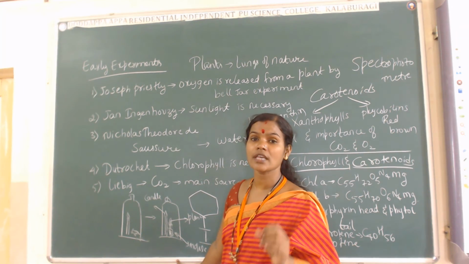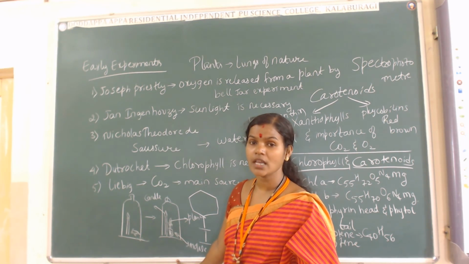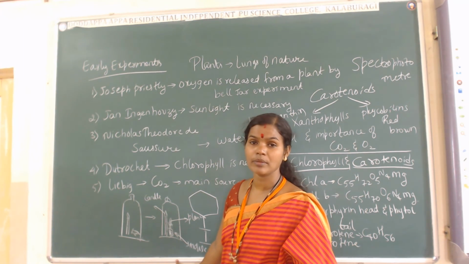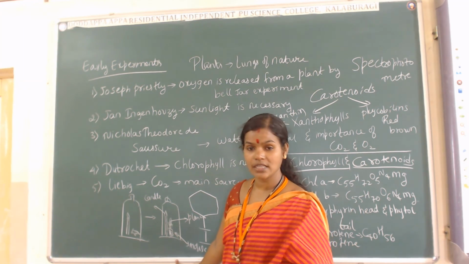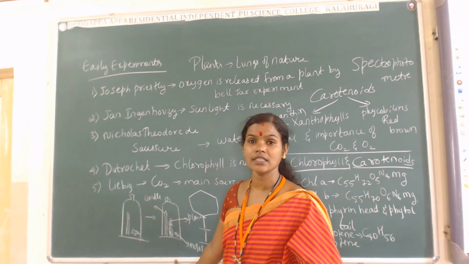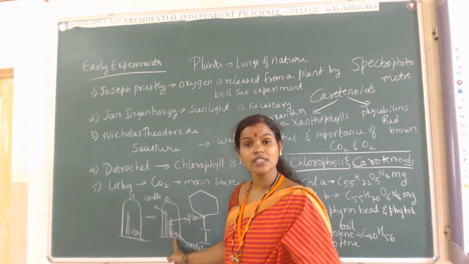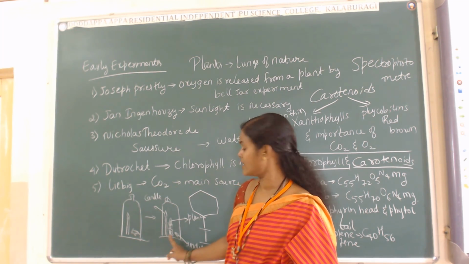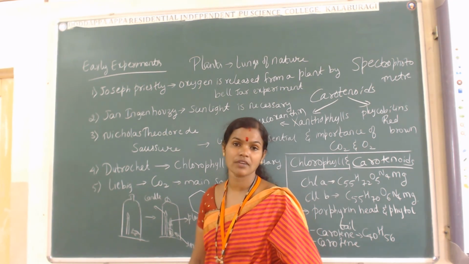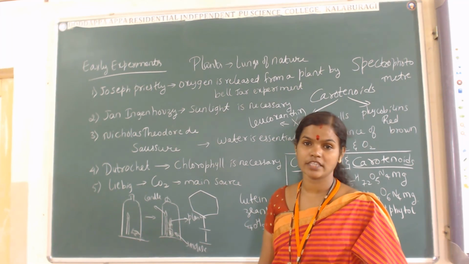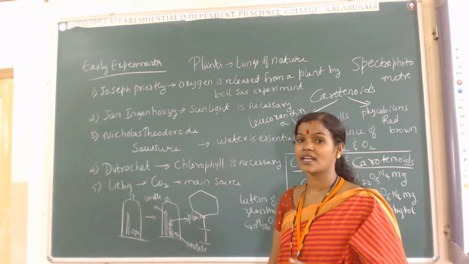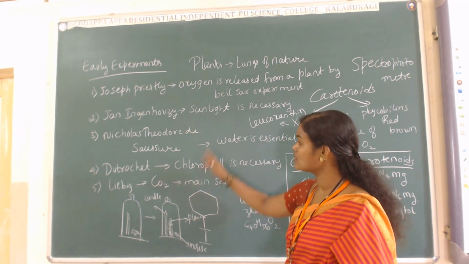Whereas in the another bell jar experiment, there is a presence of the mint plant body. The CO2 is absorbed by the mint plant body, and the plant body is having the sunlight and the water and the chlorophyll pigment. Since there is a presence of all the raw materials in the mint plant body, the photosynthesis occurs in that, and then there is a release of oxygen, and that's how the mouse is going to survive. That is called as what? Bell jar experiment.